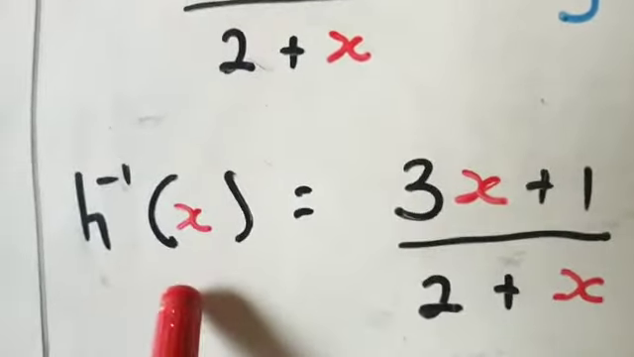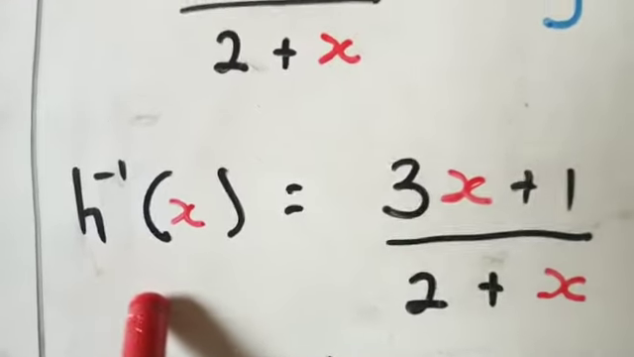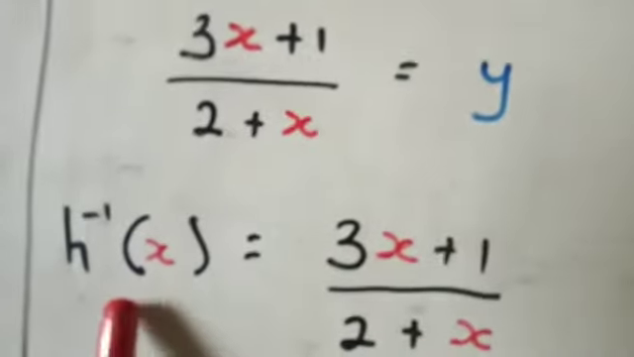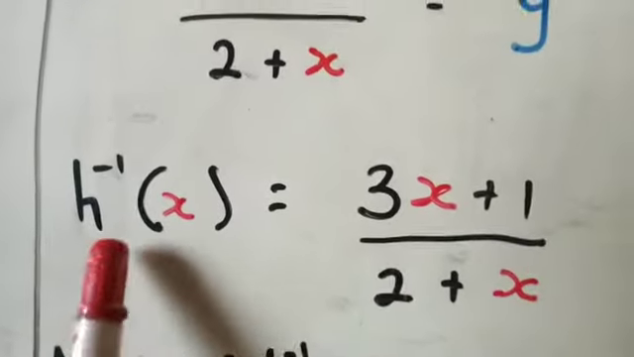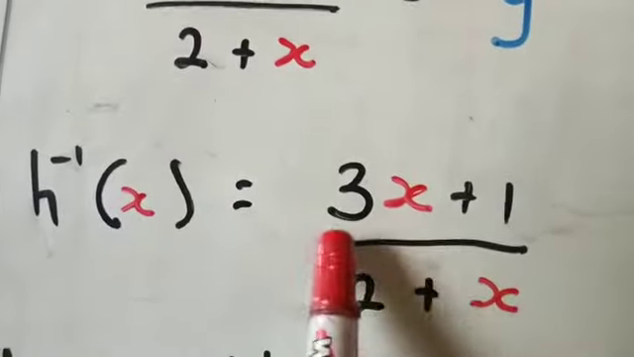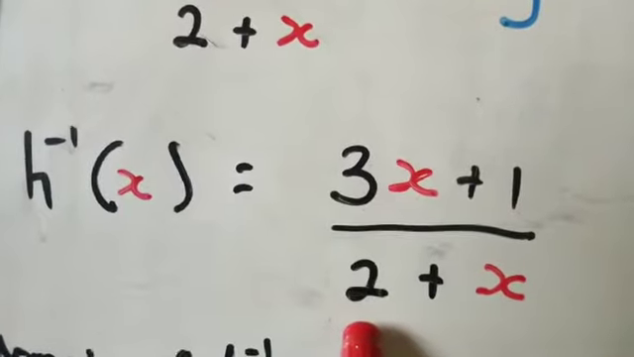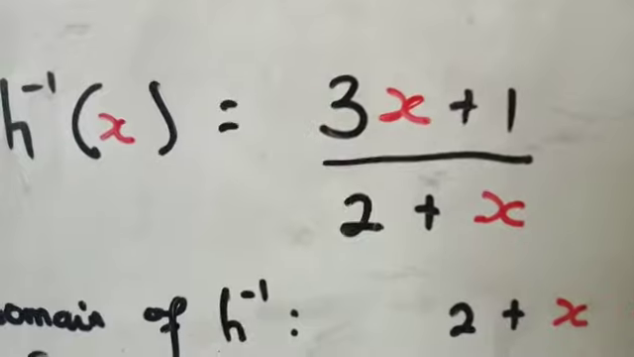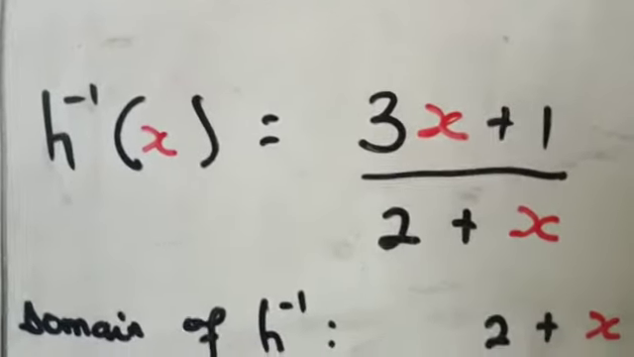you just replace this y by the inverse notation. Is that okay? You just replace that by the inverse notation. So this is the same thing; we are just exchanging this y by the inverse notation here. So h inverse of x is equal to (3x plus 1) all over (2 plus x). Now the second part says that you should determine the largest possible domain of